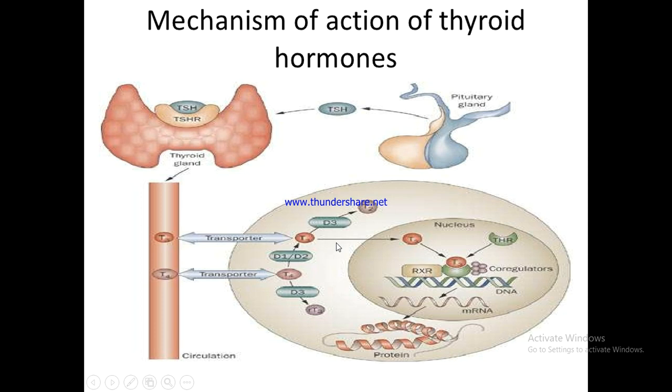The mechanism of action of thyroid hormone is explained in the previous chapters, because when we discussed the classification of the hormone, we had the knowledge that it belonged to group 1 hormones, so its mechanism of action resembles those of steroid hormones. The steroid hormones have intracellular receptors. Similarly, thyroid hormone is also having intracellular receptor. And as far as those hormones are concerned which have intracellular receptor, they all have the action upon the nucleus and messenger RNA, and by the process of the formation of new messenger RNA, they take part in the formation